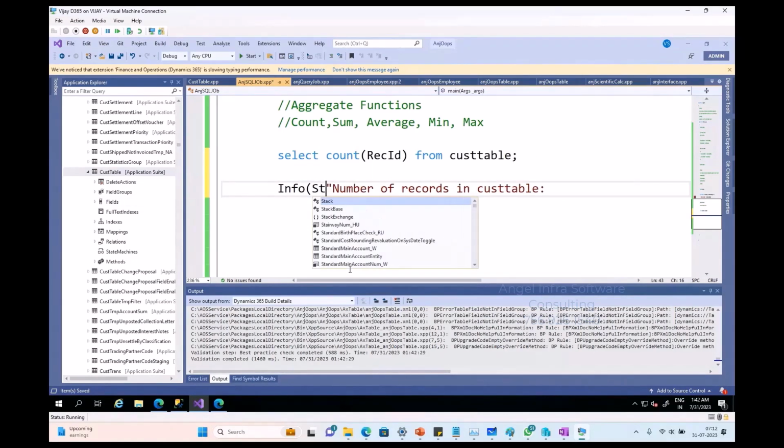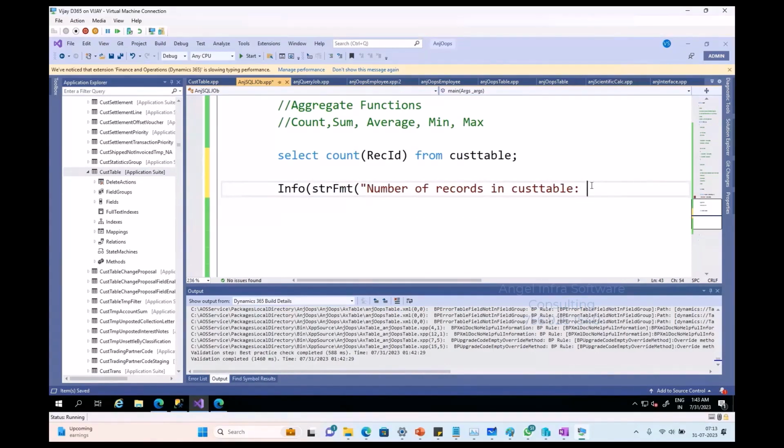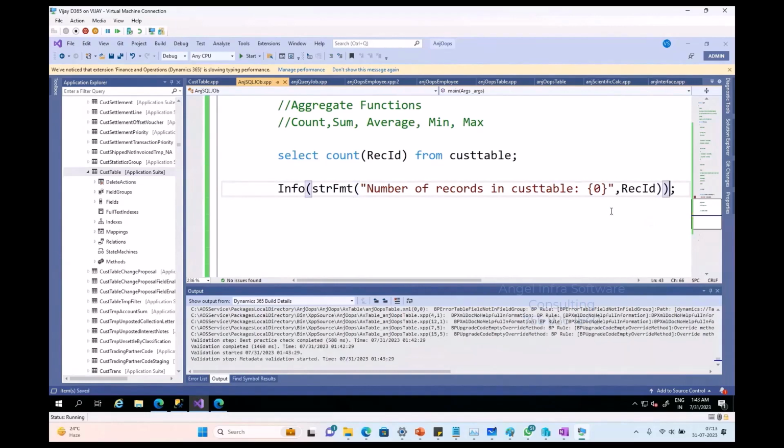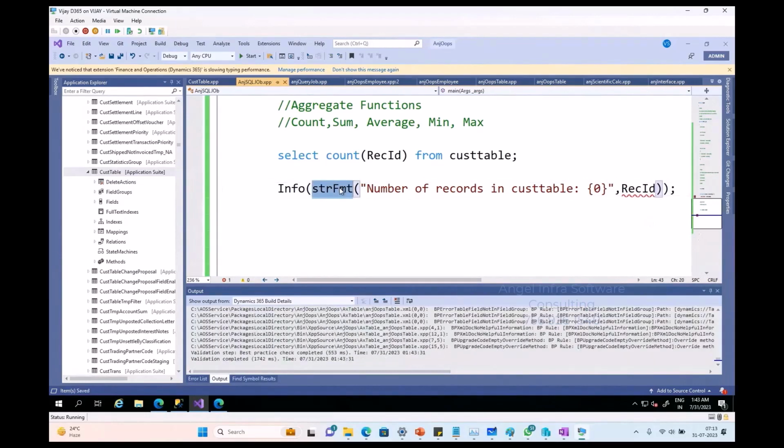We use inline function strfmt. What this does, I'll just show you. Percentage 0, comma, ID. This strfmt,